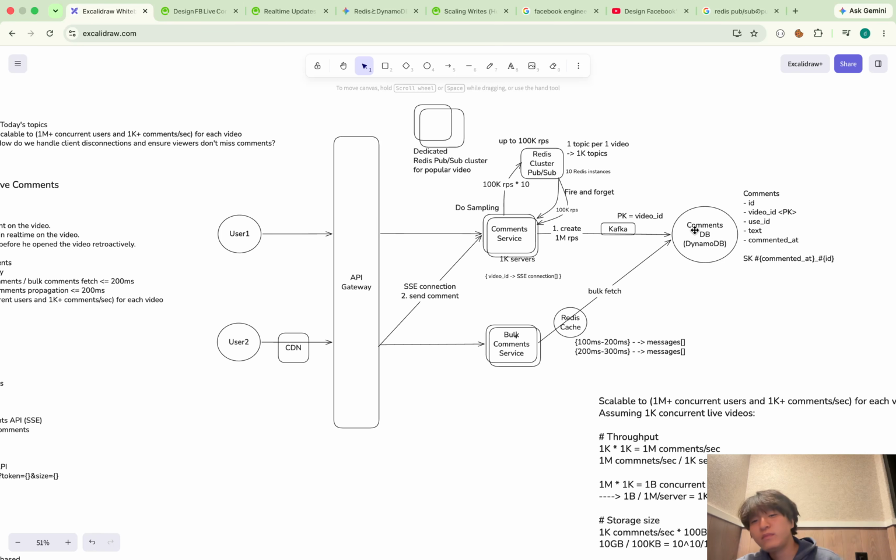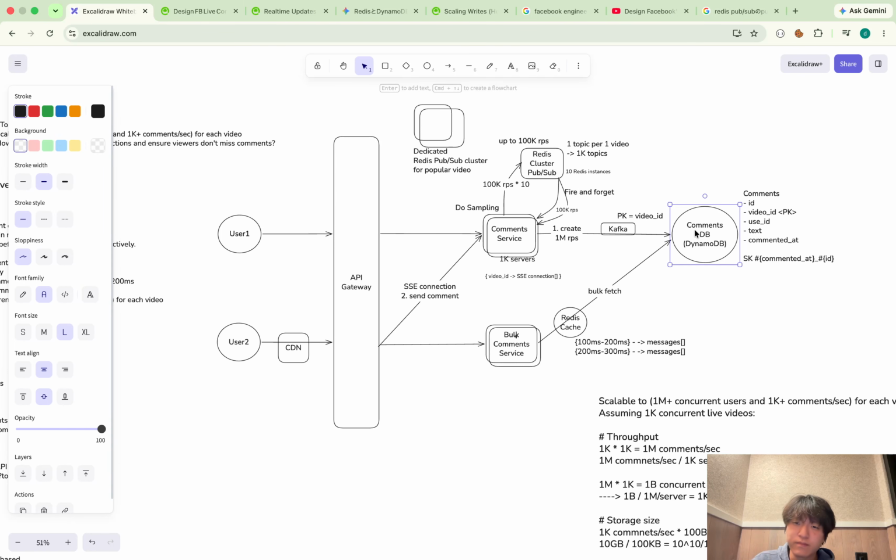Oh, and of course here, there are multiple consumers, one consumer per partition key, and they can do the bulk write to DynamoDB. It doesn't have to save the comments one by one. So in that way, we can increase the throughput for DynamoDB writes.